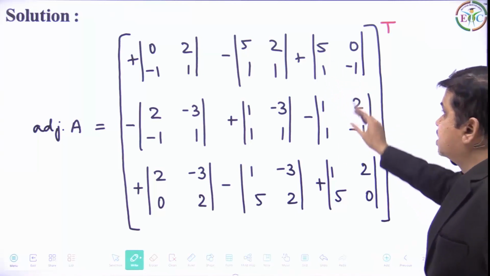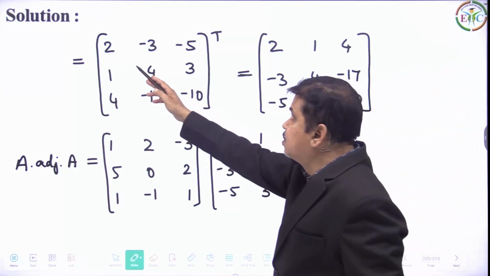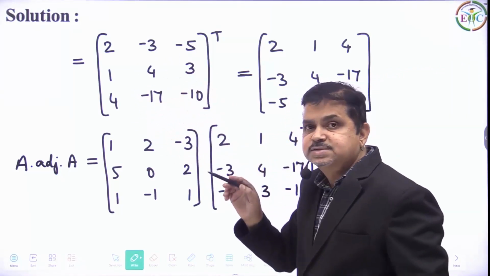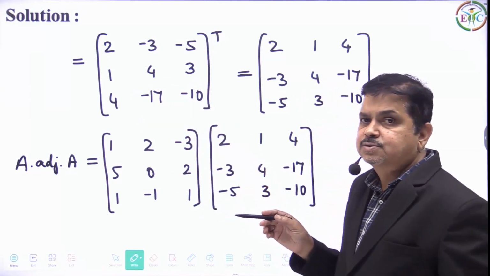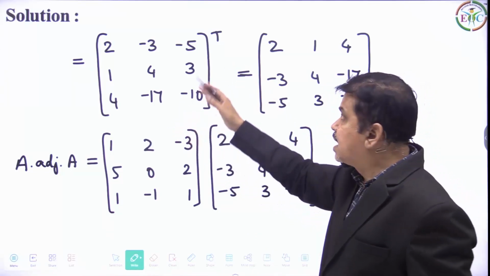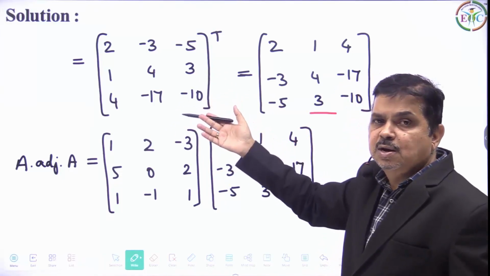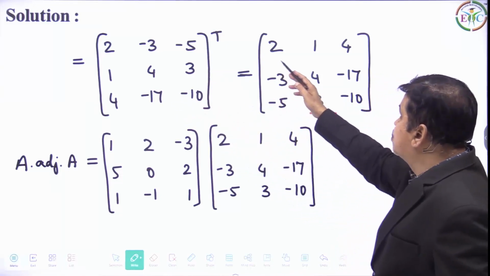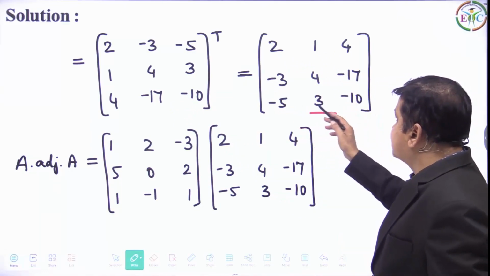So like that we can evaluate each value of this determinant and write down its value, so that we have 2, minus 3, minus 5 as the first row element, 1, 4 and 3 as the second row element, and 4, minus 17 and 10 as the third row element. So therefore this is the cofactor matrix, and the transpose of that will be the adjoint matrix. So converting the rows into column elements, we have 2, 1, 4, minus 3, 4, 7, minus 17 and minus 5, 3 and minus 10